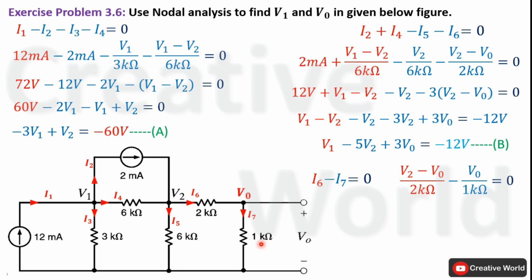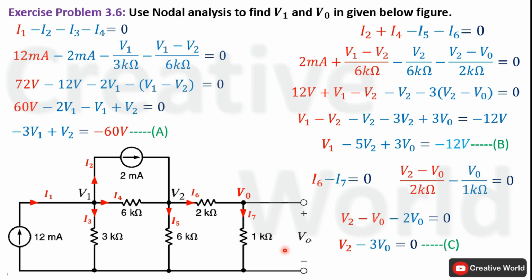I7 will be equal to voltage across this 1 kilo ohm resistance, that is V0, divided by the value of resistance 1 kilo ohm. Now in order to omit denominator values, we will multiply this equation on both sides with 2 kilo ohm. Product of 2 kilo ohm will cancel out with 2 kilo ohm in denominator, only V2 minus V0 will be left. Here product of 2 kilo ohm will cancel out with 1 kilo ohm, only 2 will be left, and that 2 will be multiplied with V0, it will become 2V0. Now add values having same variables together. The equation will become V2 minus 3V0 equal to 0, and it is the third node voltage equation of our